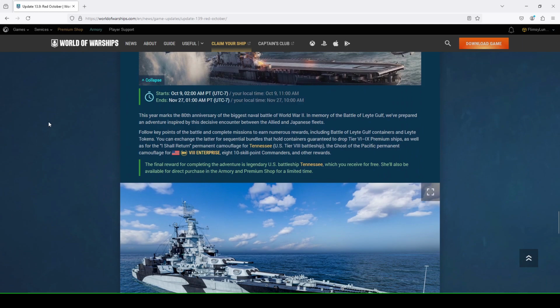Battle of Leyte Gulf. This year marks the 80th anniversary of the biggest naval battle of World War II. In memory of the Battle of Leyte Gulf, we prepared an adventure inspired by this decisive encounter between Allied and Japanese fleets. Follow key points of the battle and complete missions to earn numerous rewards, including Battle of Leyte Gulf containers and Leyte tokens. In exchange, the latter for sequential bundles that hold containers guaranteed to drop Tier 6 to Tier 9 premium ships, as well as for the I Shall Return